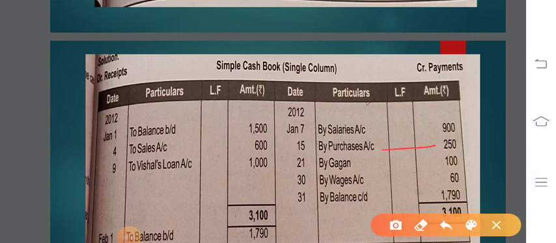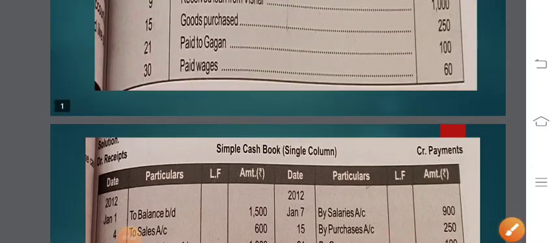If we would have taken the journal entry first, purchases being an expenditure, purchases account debit. Cash going out because of this. So cash being real, going out, has to be credited. So our journal entry would have been purchases account debit to cash account. Right, students? Now since here cash is being credited, we'll go to the credit side of cash and we'll write by purchases.